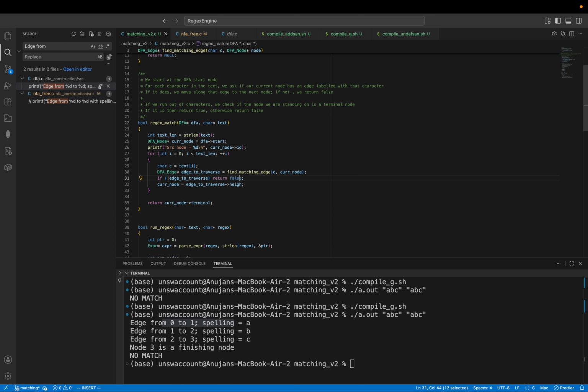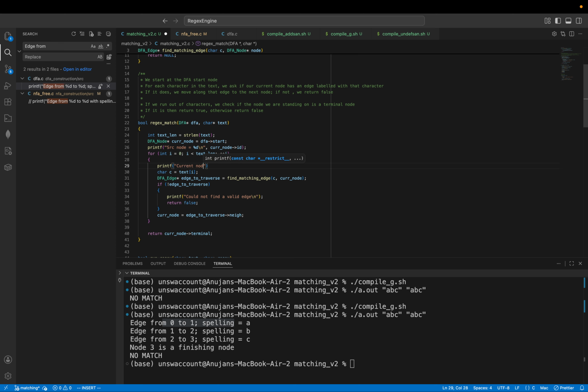I'll put some print statements in here as well. Printf could not find a valid edge. Printf current node equals, put a tab in here, else, oh wait, no, that's fine, isn't it? Because you return here, so